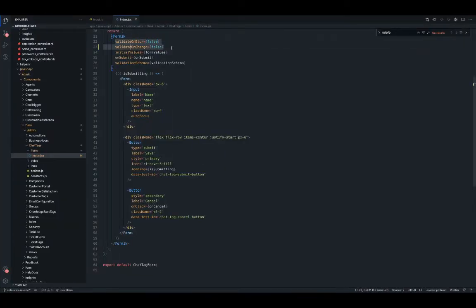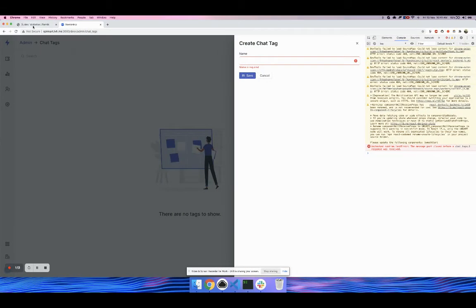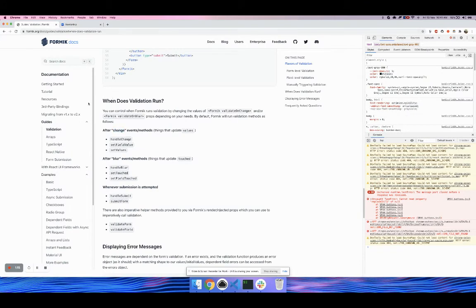So why do we need to pass both these props? If I go into this Formik doc and read about when does validation run, you can see that the validation is triggered in three separate phases. One is when you actually make changes to something in the form field, or if you focus on a form field and focus out, and when you try to submit. So to make sure that it is only run when we try to actually submit the form, we have to